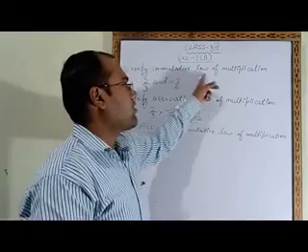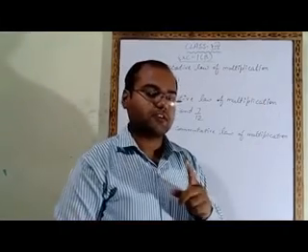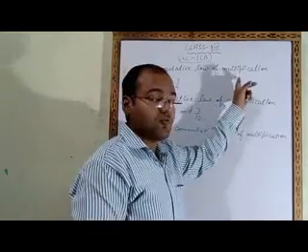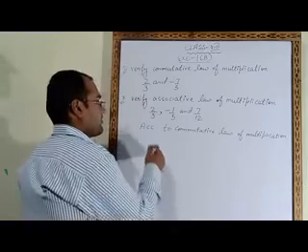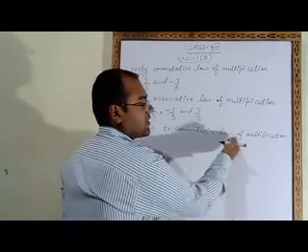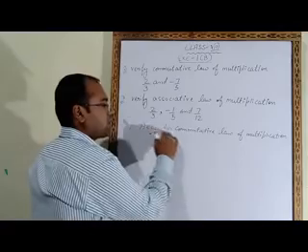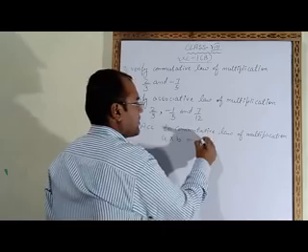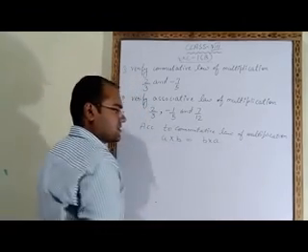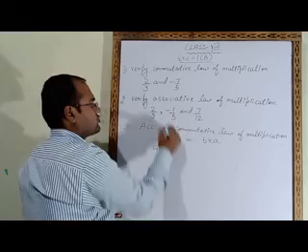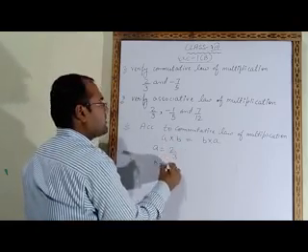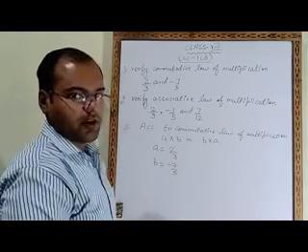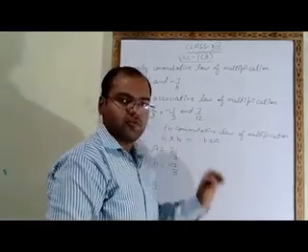The question is, we have to verify the commutative law of multiplication. In the previous exercise we had verified the commutative law of addition, but in this exercise we have to do it for multiplication. So first of all we have to write what the commutative law of multiplication is. According to the commutative law of multiplication, A multiply B is equal to B multiply A. Now what is A? A is 2 upon 3 and B is minus 7 upon 5. Now we have to find the answer of the left hand side and the right hand side.